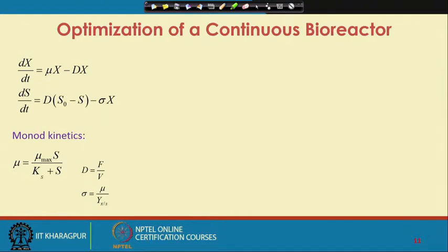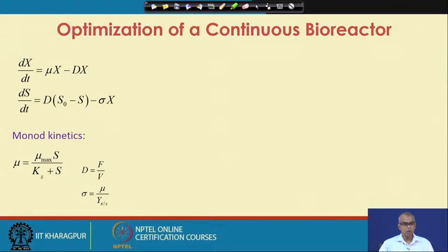There are several kinetics. Monod's kinetics is the simplest one. There are substrate inhibition kinetics. You can assume that if you give more substrate, the microorganisms will happily consume substrate and grow more, but sometimes more amount of substrate may inhibit the growth of the microorganisms, and to account for this we have substrate inhibition kinetics, but let us talk about only Monod kinetics.